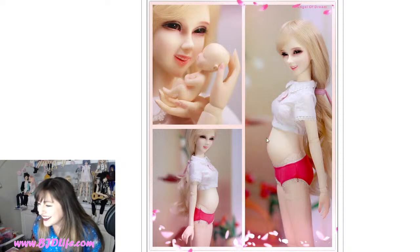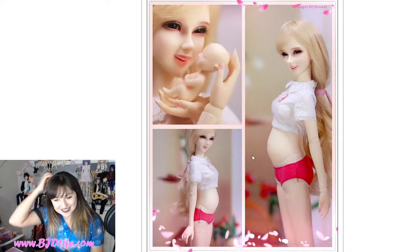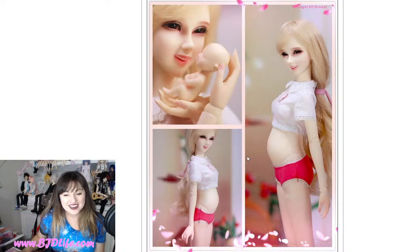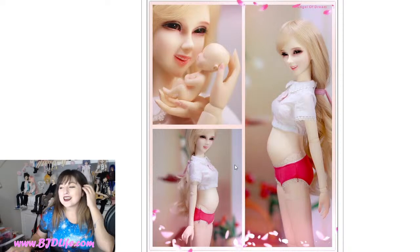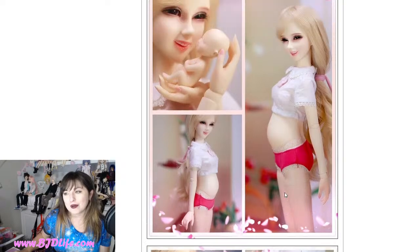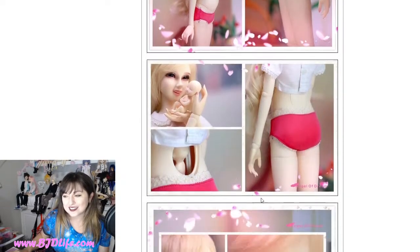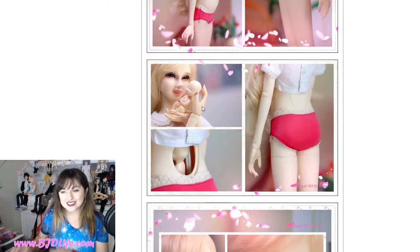That's a little belly here. Like, C-section without the car. It's just a tiny baby bump. It's kind of disappointing. But I don't know what's worse, the fact that you take the baby out of the back or the fact that her smile just looks kind of unsettling, especially this photo right here. She's just like...